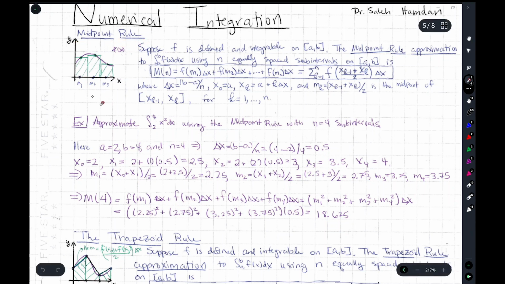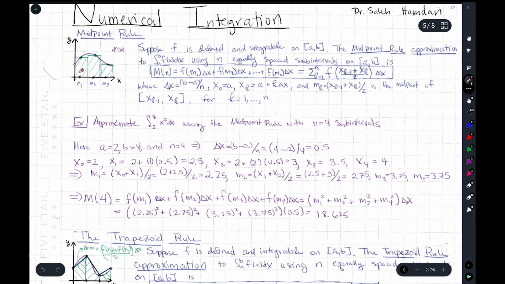And here, I mean, you ran into this when looking at the Riemann sum. What you basically do with the midpoint rule is you break up your interval of integration into subintervals. And then for each subinterval, you'll take the midpoint of that subinterval and evaluate the function there. Okay? That will give you the height of a rectangle. And the width of the rectangle will be the length of the subinterval. Okay, that'll give you an area for the rectangle, and you could approximate